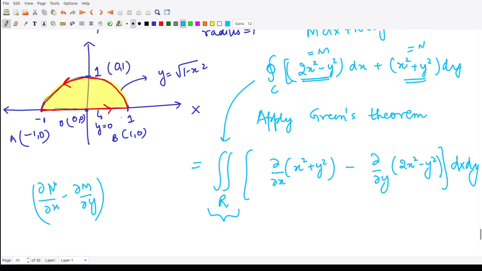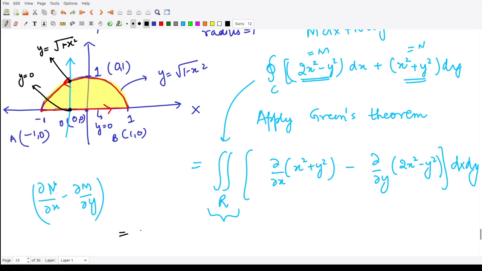Now for this particular region, it's very simple to take out the limits. We can take a vertical line, because we wanted to take the limits of y first. It is up to you, you can take anything. So here you will look at the point where this arrow enters the region. Here the value of y is equal to 0, and this is the point where it leaves the region. Here the value of y is equal to square root 1 minus x square.